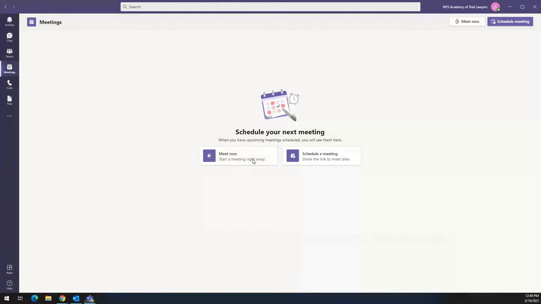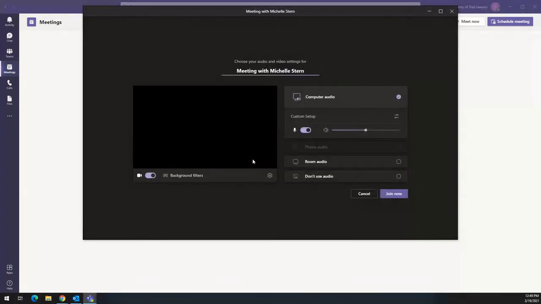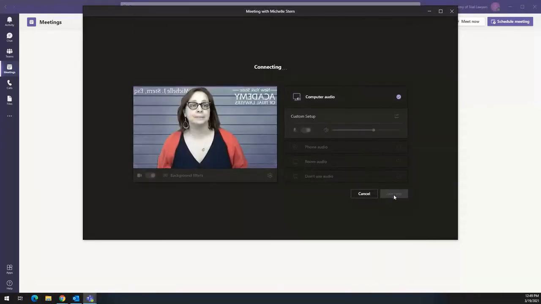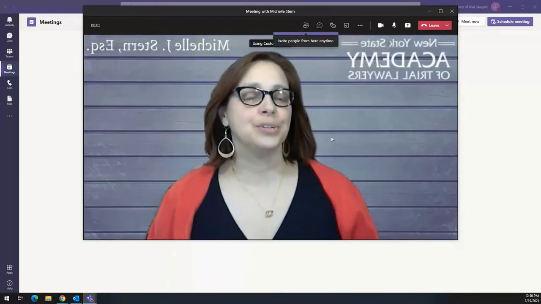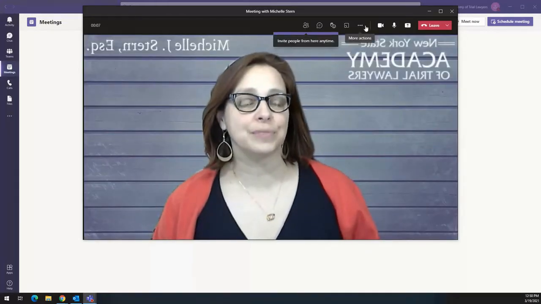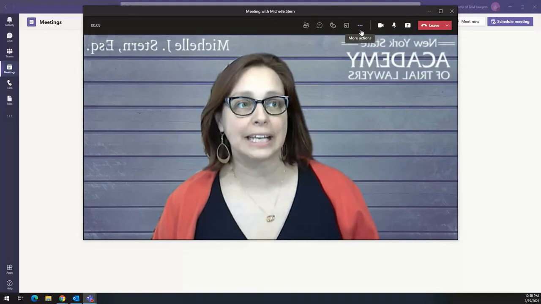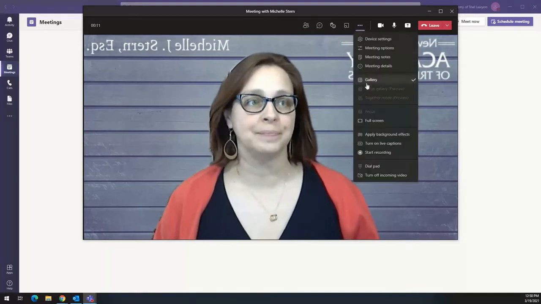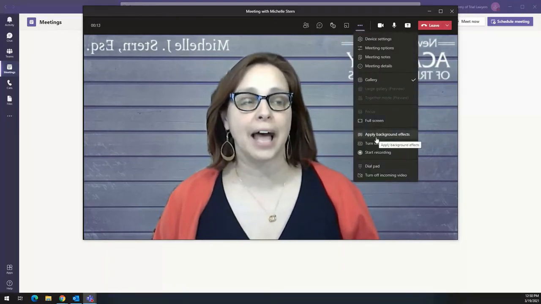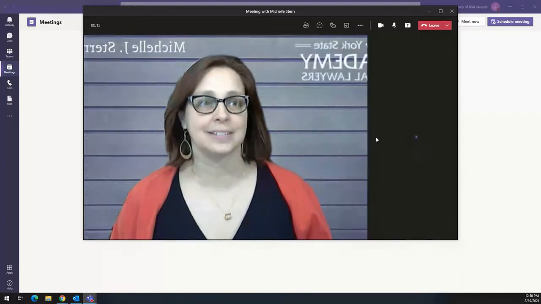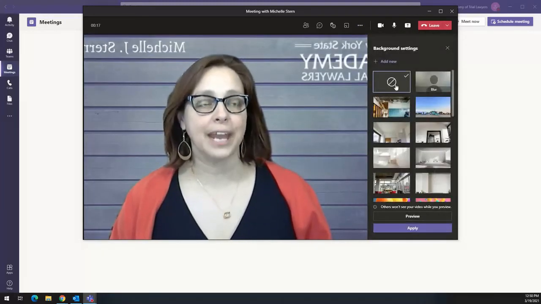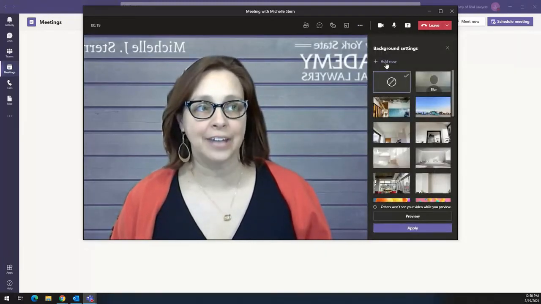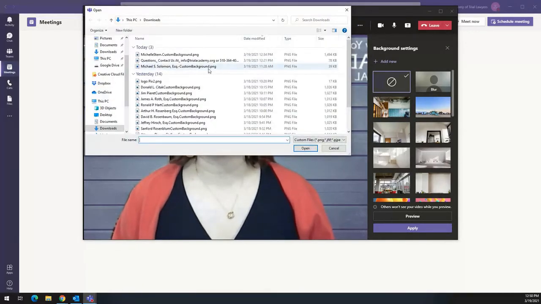From there, you want to start a meeting and get your meeting going. Once your meeting is started, you'll see you have these three little dots at the top. You want to click that More Actions button and then scroll down to Apply Background Effects. From there, you can click this Add New button, and this is where you have to go find the background